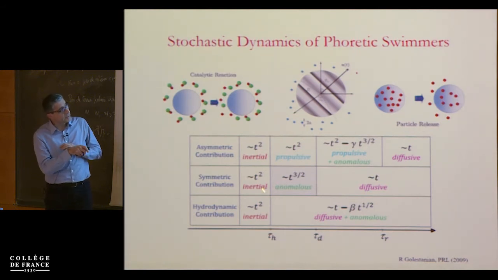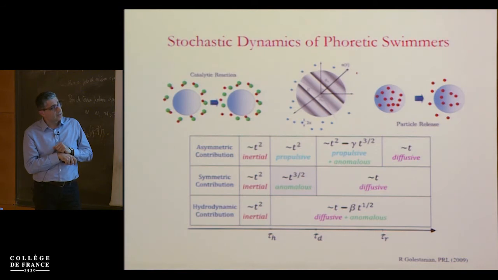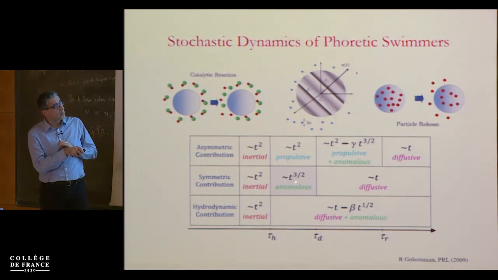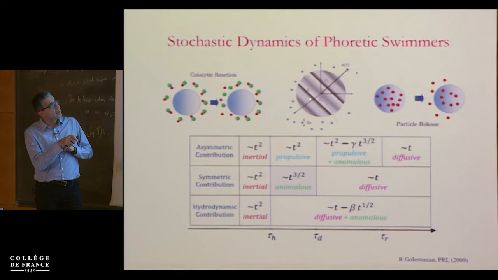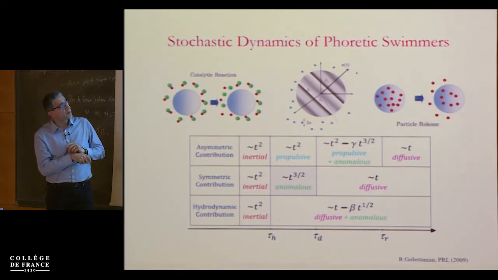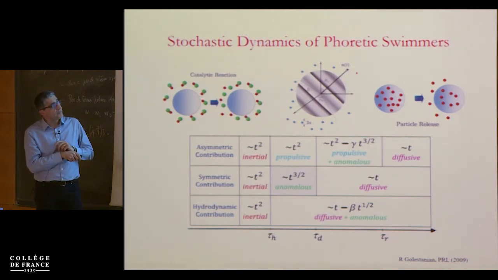For example, in this case, you can have an interesting anomalous diffusion case with an exact exponent 3/2 for a particle which is fully coated with the catalyst, but basically you can have density fluctuations in the distribution of these solute molecules around it, and because of that you will have local, instantaneous asymmetries which will propel the particle but will be forgotten very quickly at this time scale, and because of that you get this